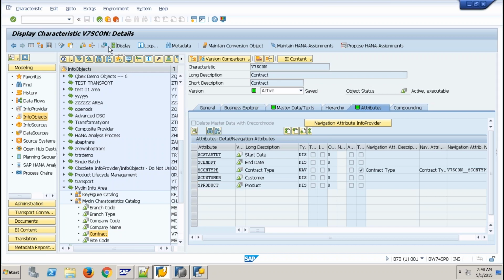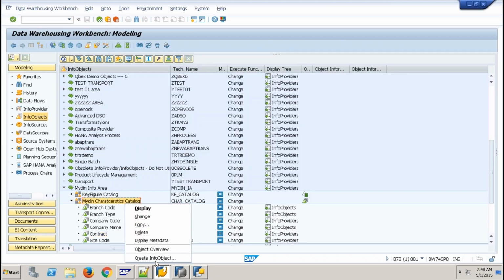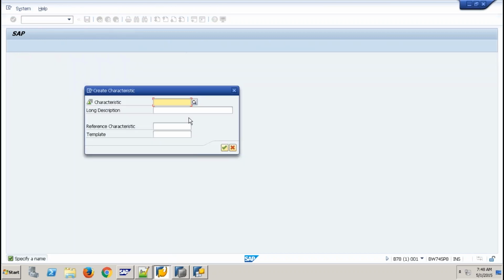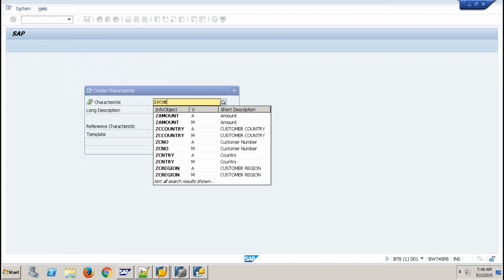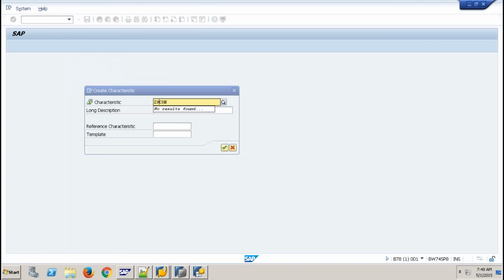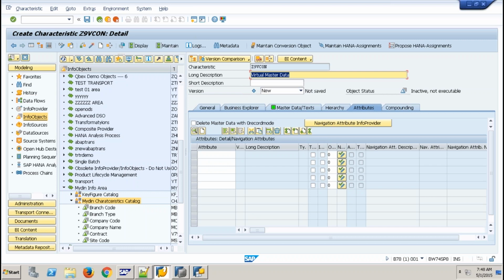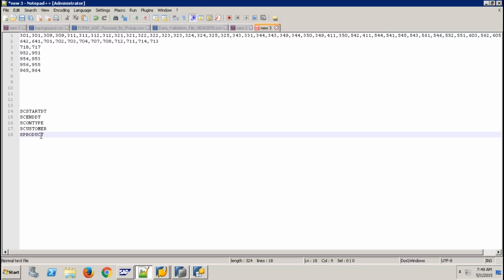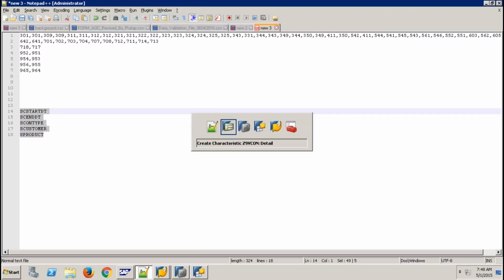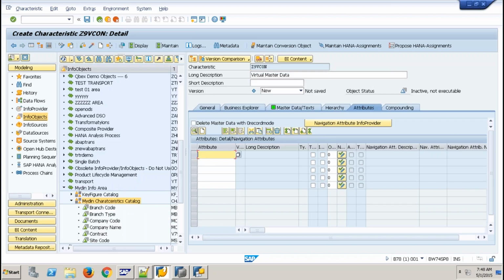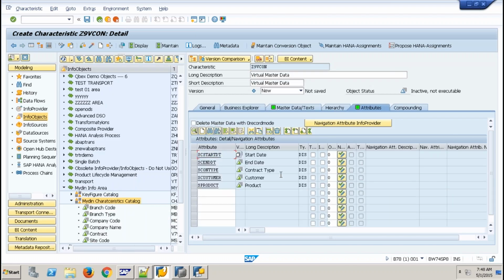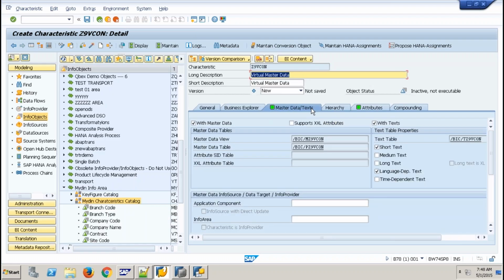So let me create this master data now. Z9 V contract. And I leverage all these as attributes. But what I want is a remote master data.